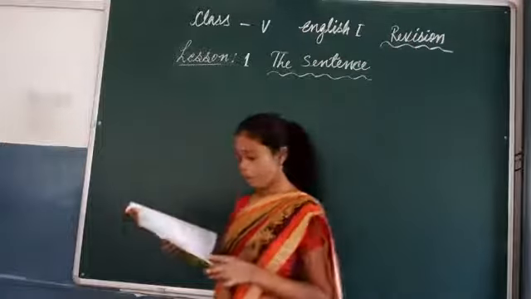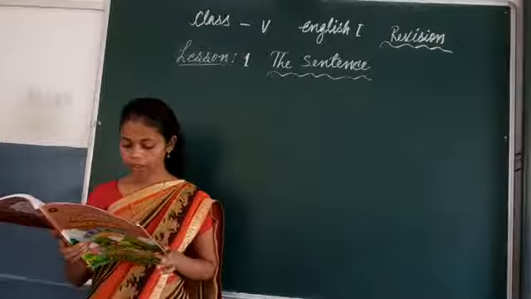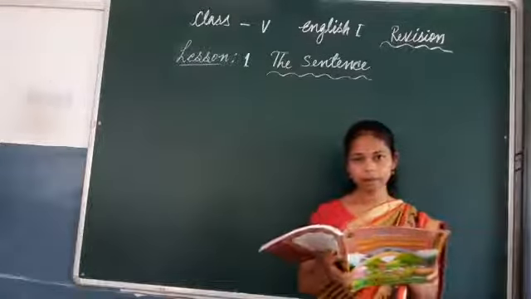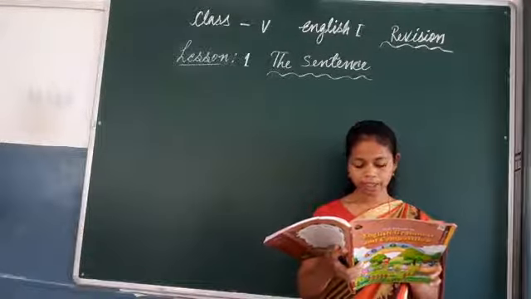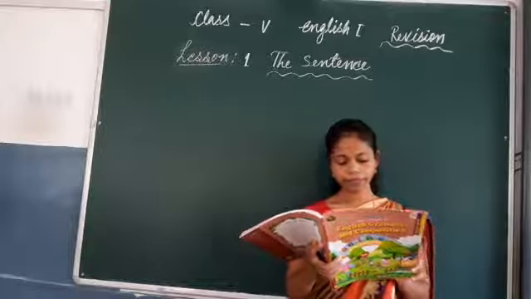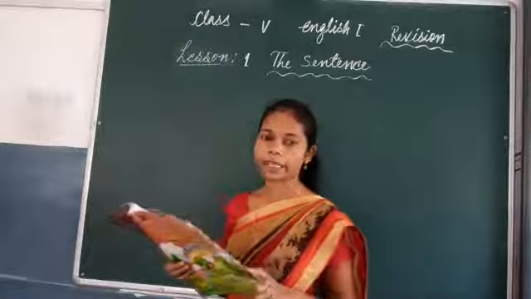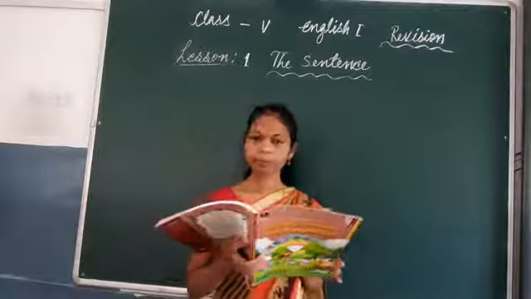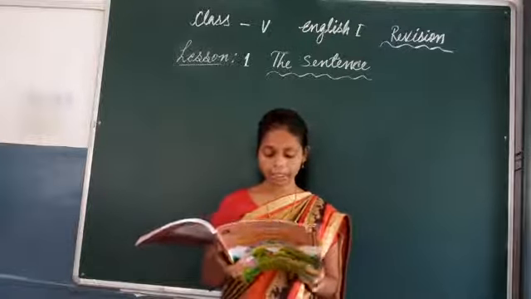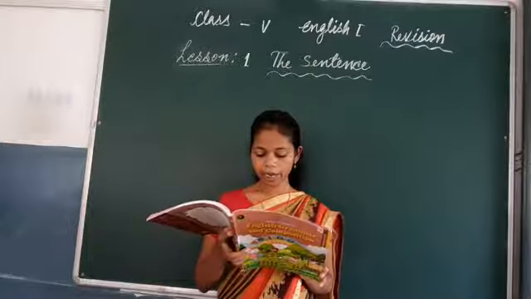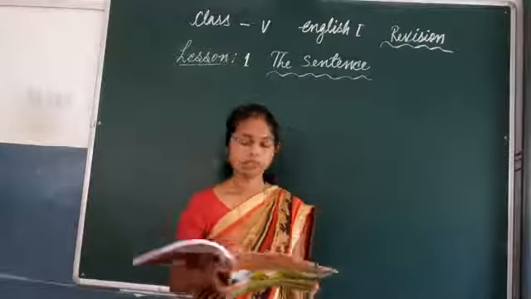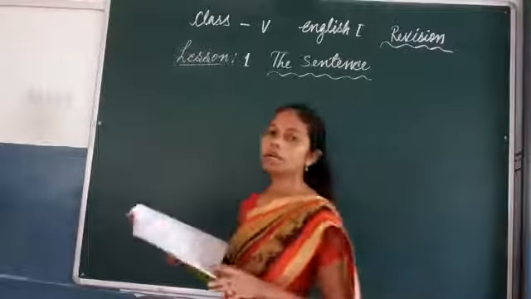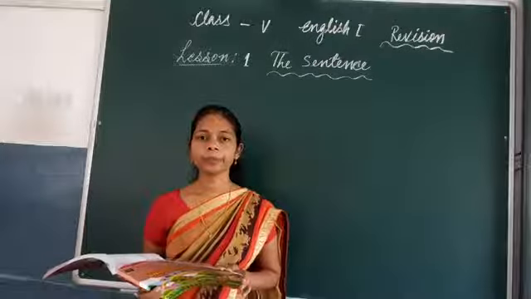Number 5. My right eye is twisting. So, my right eye is the subject, and is twisting is the predicate. Number 6. The book with the yellow cover is torn. So, the book with the yellow cover is the subject, then is torn